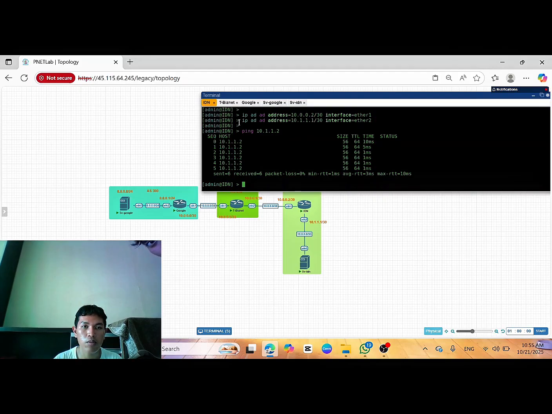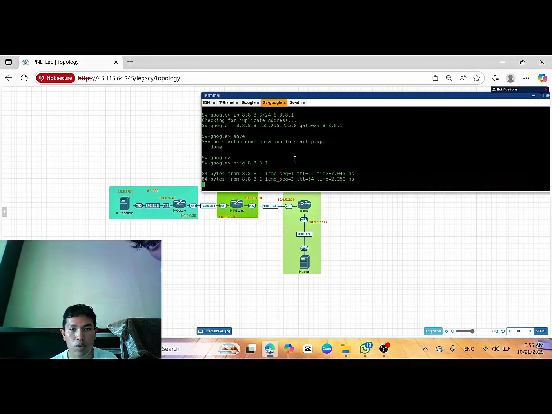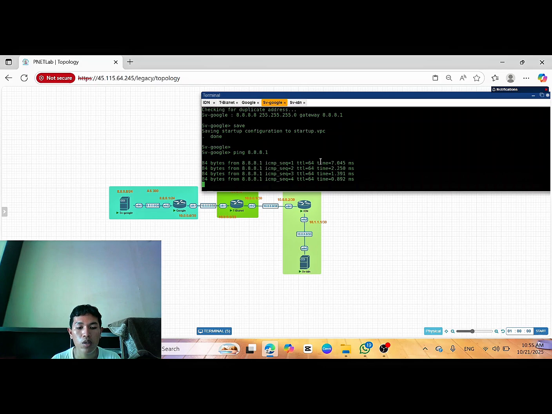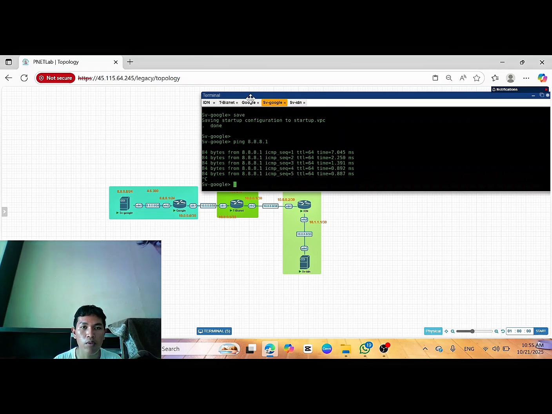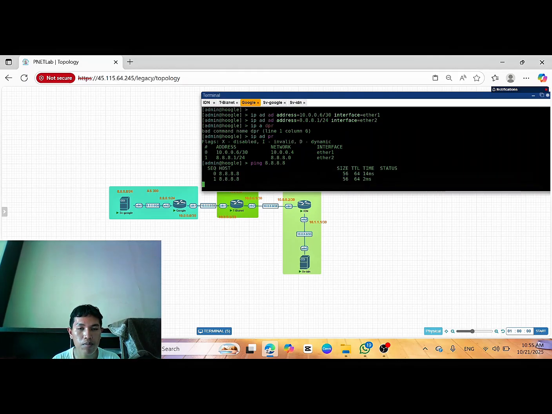For the Google server, you can ping for verification, ping 8.8.8.1, from the server to the Google router gateway. And from router Google to the server, ping 8.8.8.8, enter, successful.